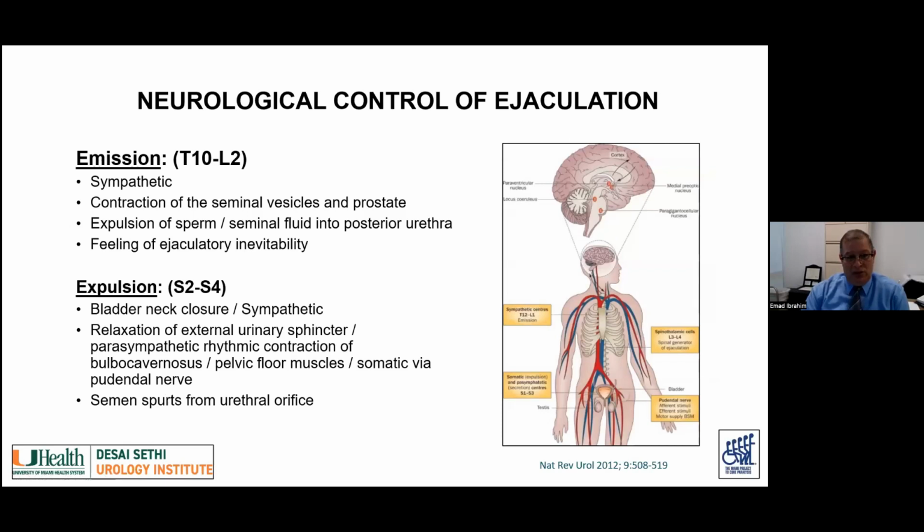Now we go back to ejaculation. So there are two phases for ejaculation: emission, which is controlled by T10 to L2, is sympathetic control, and it consists of contractions of the seminal vesicles and the prostate, leading to expulsion of sperm and seminal fluid into the posterior urethra. That is the phase where the patient feels the ejaculatory inevitability,